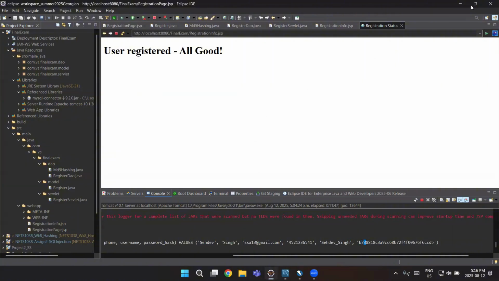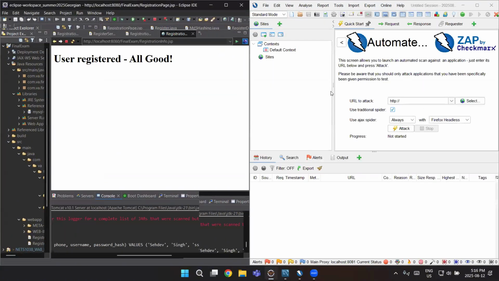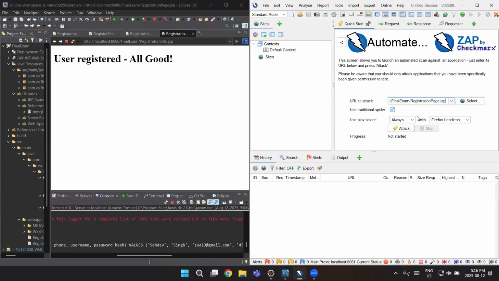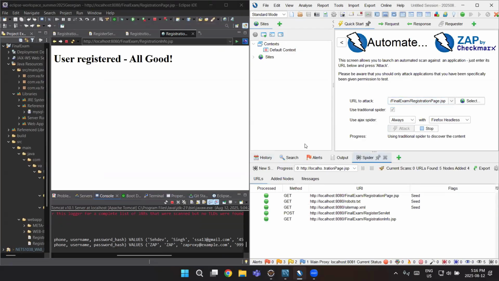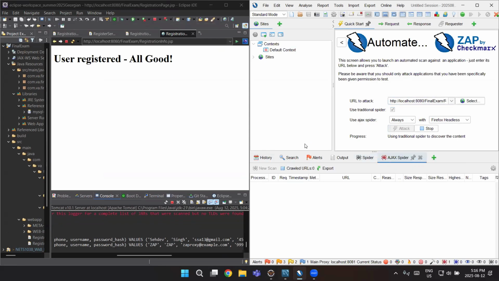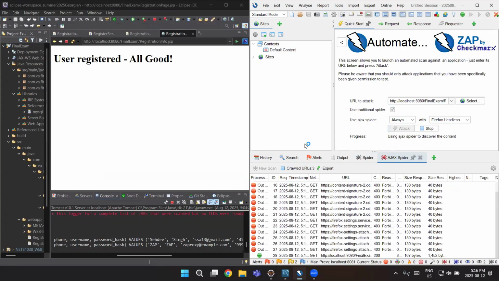Now I'll run a ZAP test. Pasting link over here. Now I'll run ZAP test on registration page.jsp. This page contains the actual registration form. It has input fields like first name, last name, email, password, and it is connected to the register servlet via